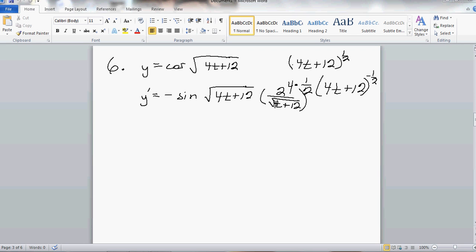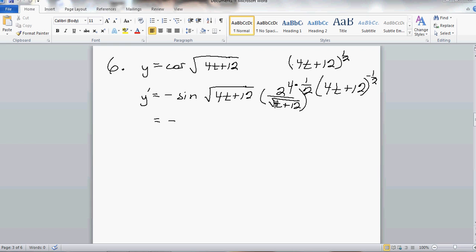And that's just taking the 4 times the 1/2, which is 2, and then the 4t plus 12 raised to the negative 1/2 power puts it down in the denominator and the square root. Now the question is, can we simplify any of this? Will this square root of 4t plus 12 simplify with this square root of 4t plus 12? Absolutely not, because this is the sine of this, and this is just, in essence, the coefficient that goes along